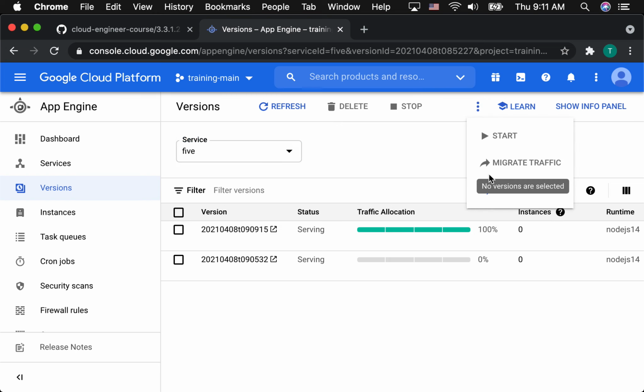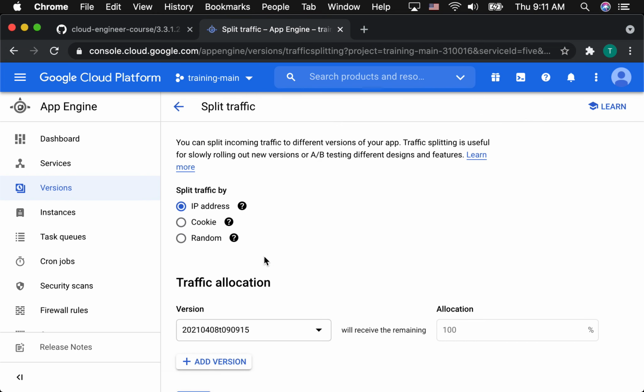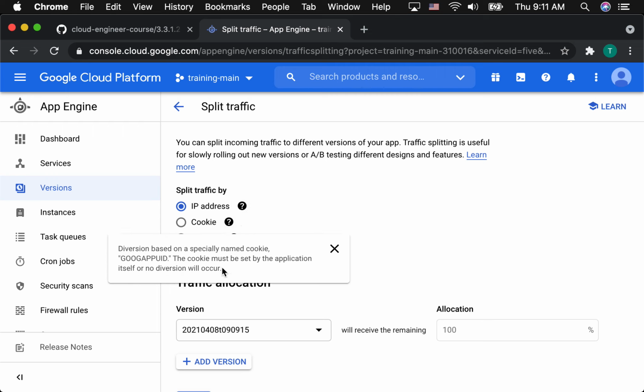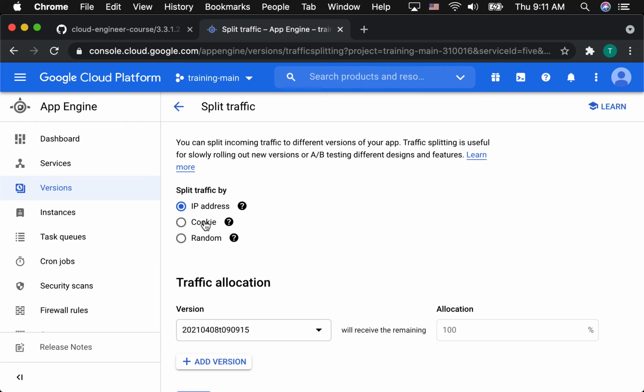If I go under split traffic, let's see if I can get this right. There are three different ways of splitting traffic, two of which they spend time talking about. The default behavior is IP address. If you have the same IP address, you always end up on the same version, right? Cookie actually puts a cookie on your browser, or whatever's making the request,